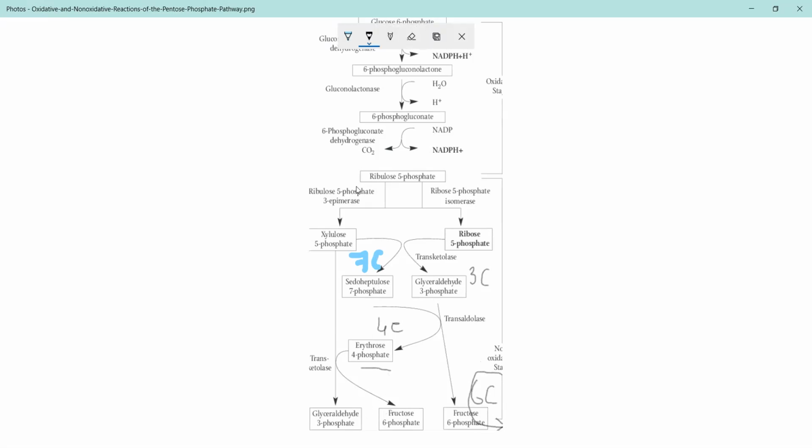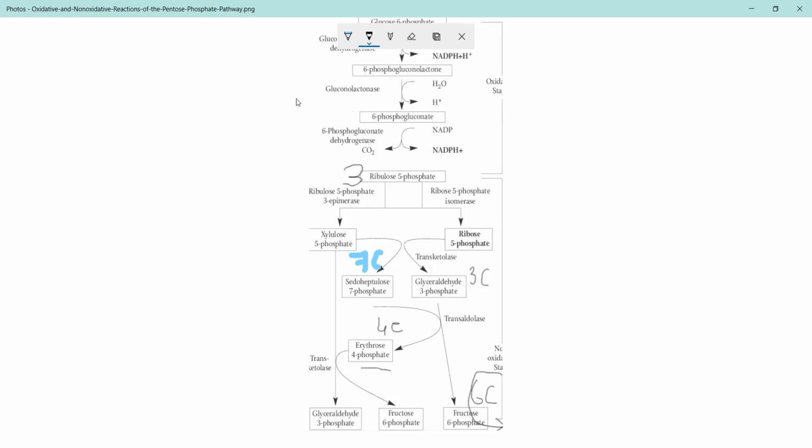And remember, here there were three molecules of ribulose 5-phosphate. Initially, I told you the oxidative phase will occur 3 times. Only 2 participated in this reaction. That third ribulose 5-phosphate will again undergo the reaction on the left. It will be subjected to ribulose 5-phosphate epimerase. It will turn into one molecule of xylulose.